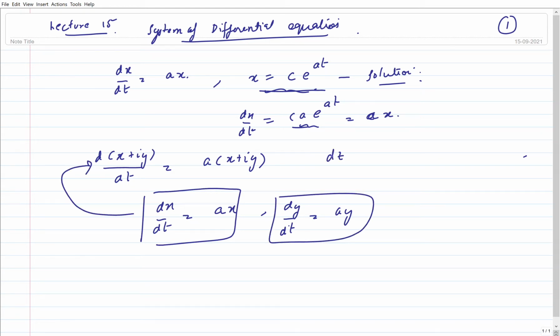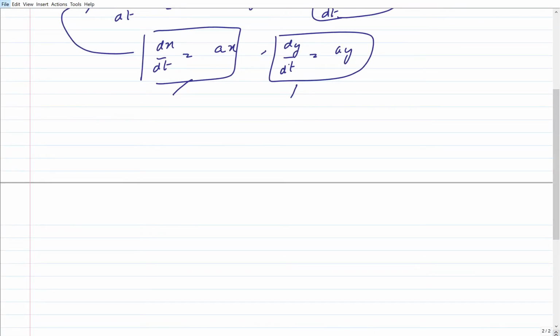I can write it as dz by dt equals a z. So the real part as well as the imaginary part satisfy the same equation. Now this formalism can be